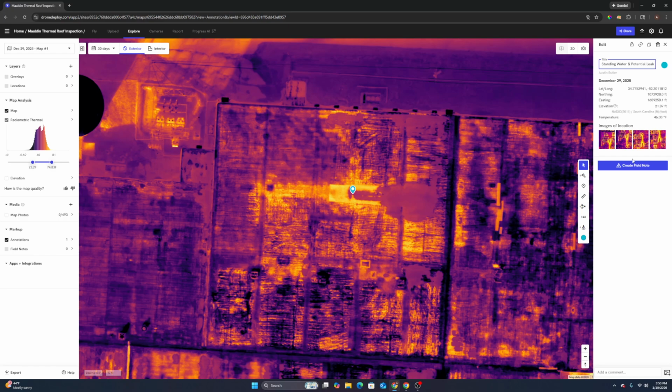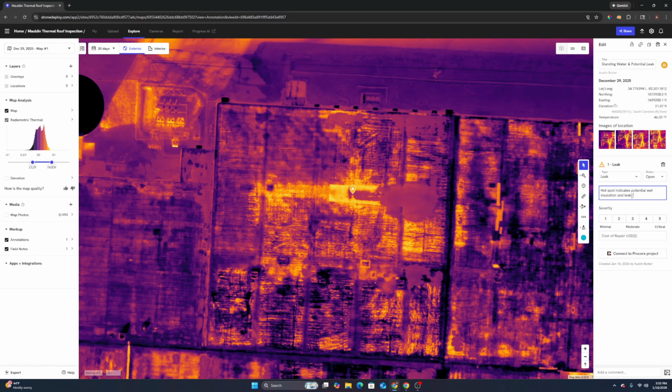And the reason for that is the insulation, when it gets wet, will hold on to the higher temperature. And this was a pretty cold day. Honestly, it was probably 50 degrees ambient outside. But you can also see here that not only do we have a hot spot, but we also have standing water on this roof. So there's a few things working against this spot, but in DroneDeploy, you can annotate it